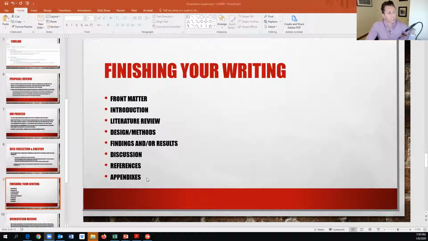Then the appendices will follow the references. I know that might sound backwards, but they normally go that way. Again, all of this is going to be spelled out in the handbook that you're going to receive in just a few minutes from me via email if you don't have it already. It's relevant to put things like, let's say that you have a figure, like we were just talking about a phenomenology and fitting that with mixed methods. Maybe you want to create a figure for what that looks like, again, to help the readers to be able to envision this.